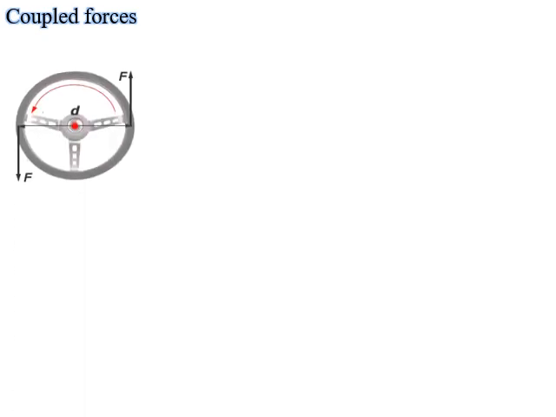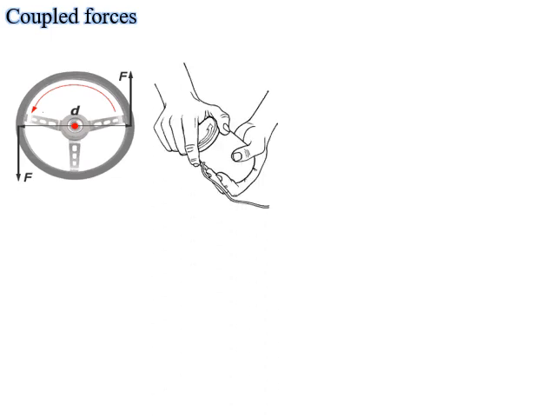Example is your steering wheel. There will be equal and opposite forces acting to give rise to a torque. Another example here is your water bottle. When you're removing the cap of the bottle, you usually rotate it. So if there is equal and opposite force acting on it, only then there is rotation. Otherwise you will have to force it open. Okay, this is one type of force.